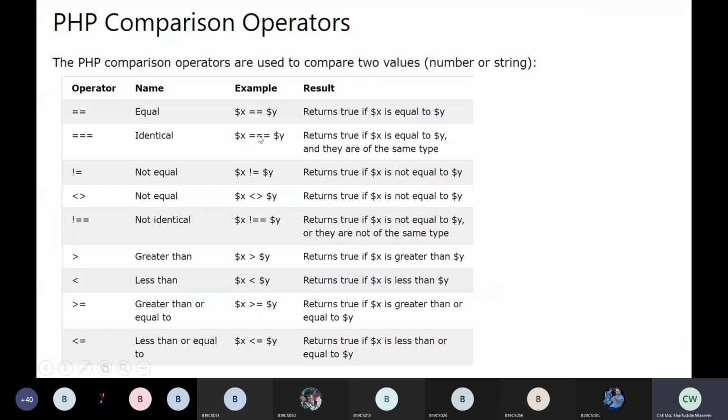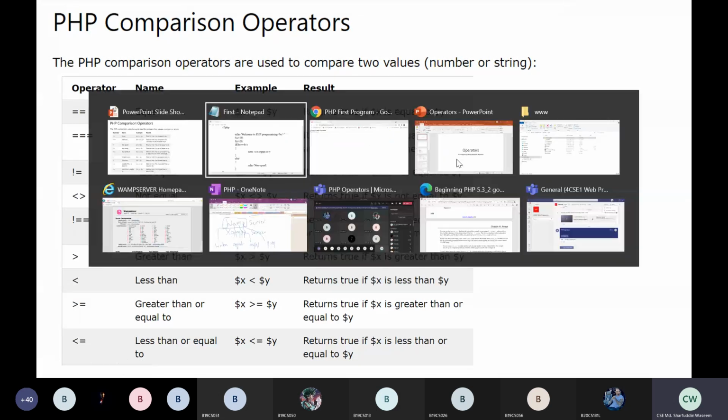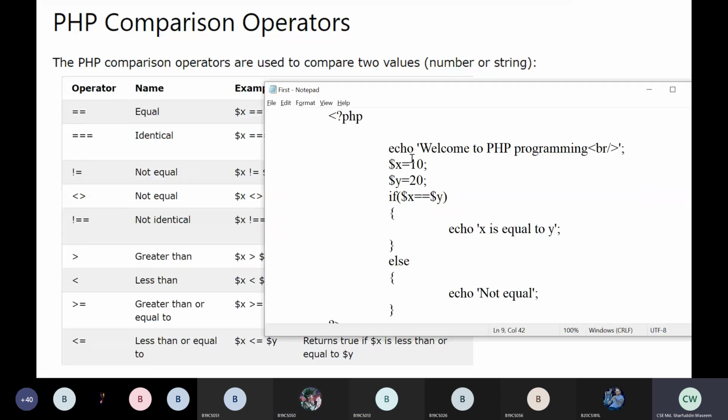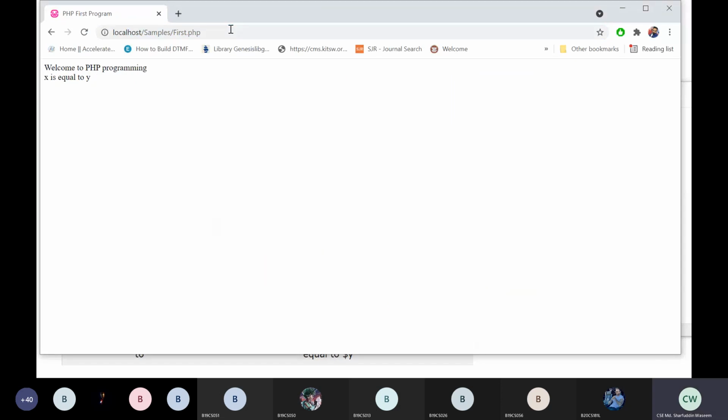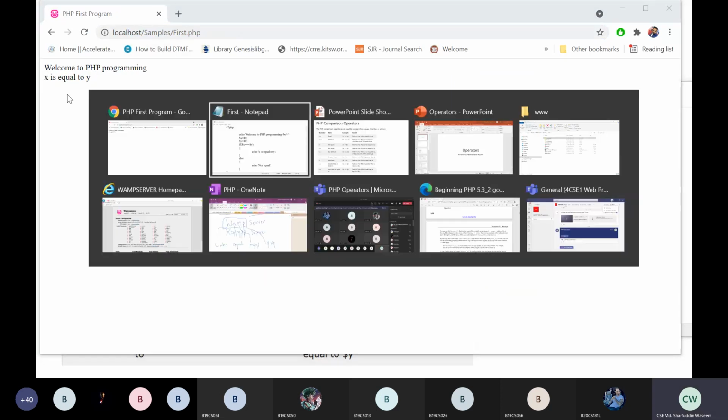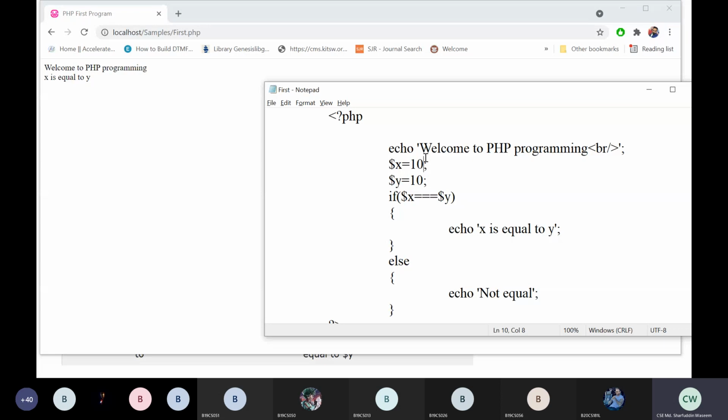Here, the identical operator returns true if x is equal to y and they are of the same type. What do you mean by same type? Data type. Like if I give 10, I want to check whether both are equal or not. x is equal to y because both belong to 10. Suppose if I give this as 10.0,